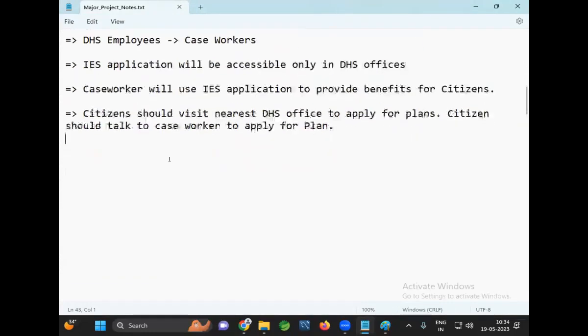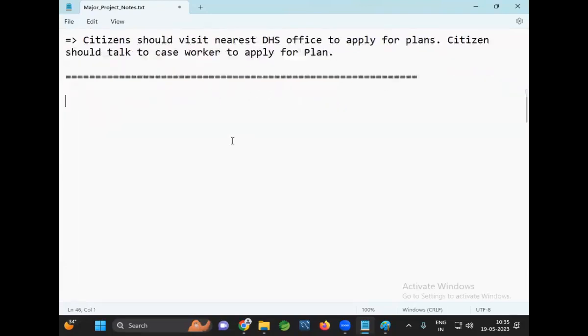Okay, fine guys. With this, we understood the basic overview of our project. Now, let's talk about our project modules. In the IES project, we have the below modules. The first module is the admin module.